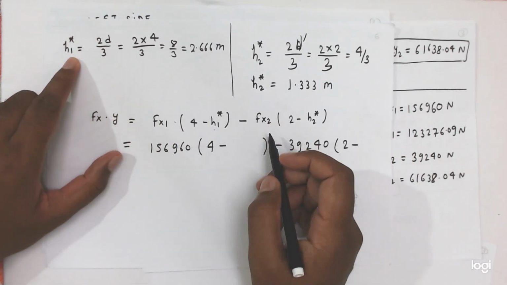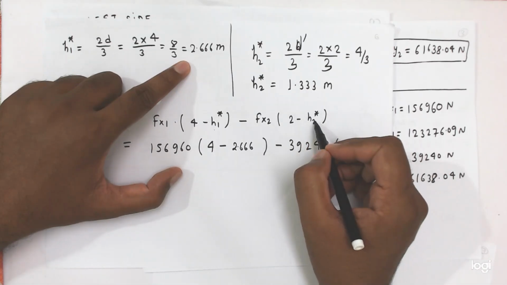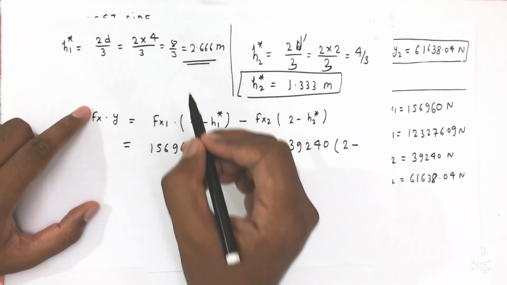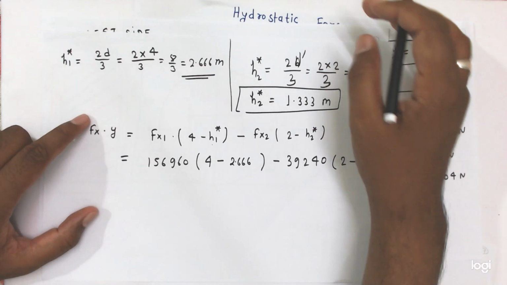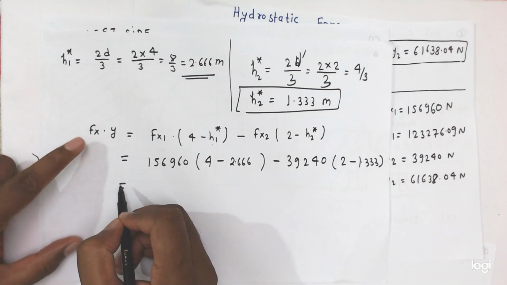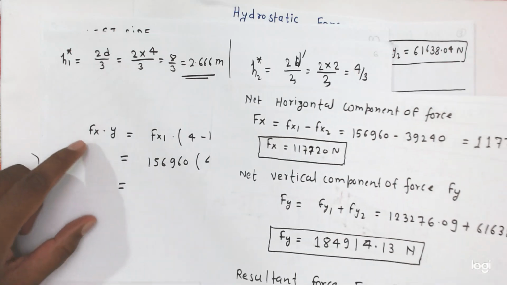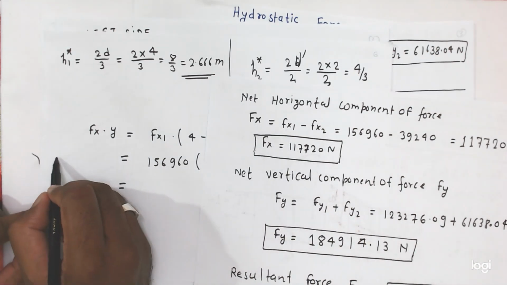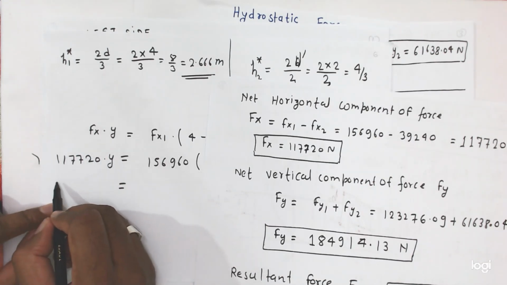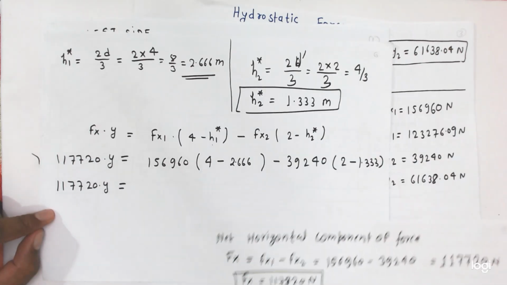So H1 star is equal to 2.666, and this is the H2 star, and this value is the H1 star. So from here we put the value 1.333, and we know the net force is already calculated here friends. Fx is the net force. So here 117720 into y equal to